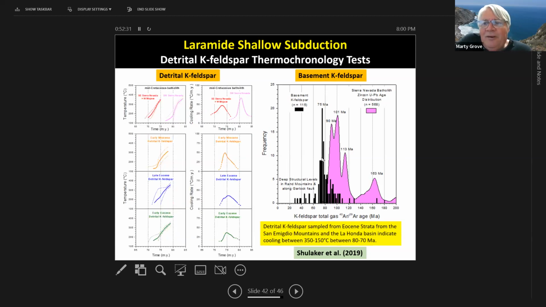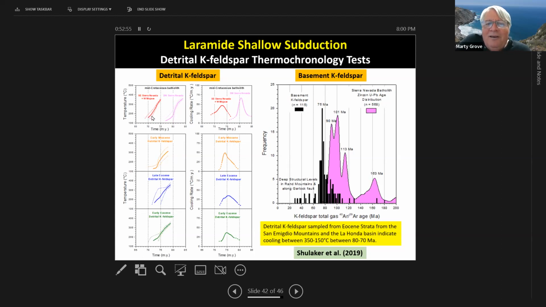We actually can take these single crystals of K feldspar and heat them up just like we can the basement K feldspars and calculate thermal histories. The data are a little messier. What I've done here is I'm just considering the statistical averages. Shown in solid line here would be the median, and the plus or minus 90% confidence intervals are shown